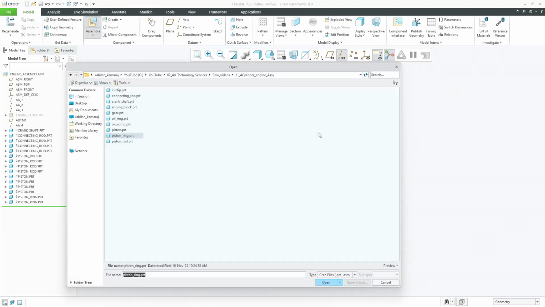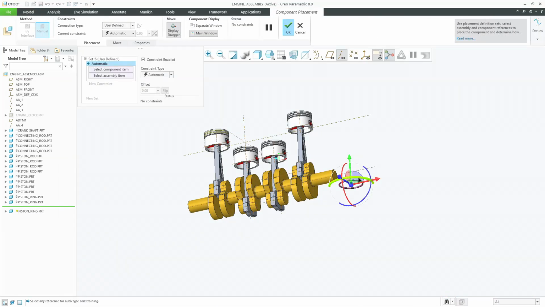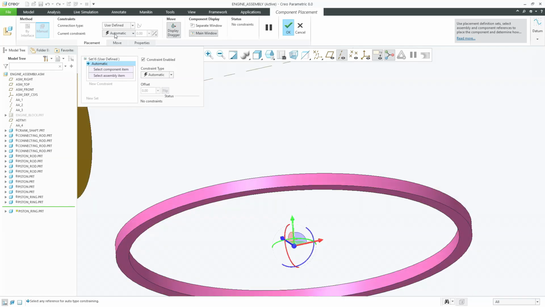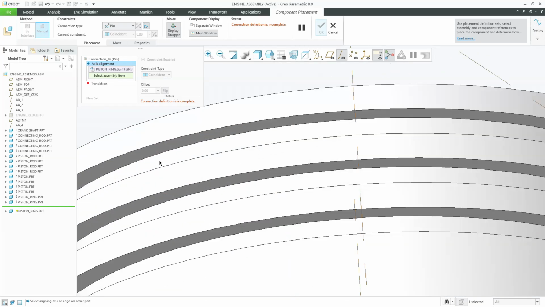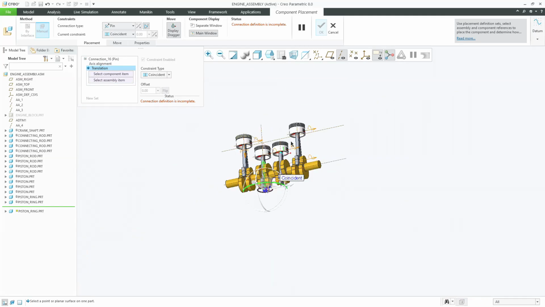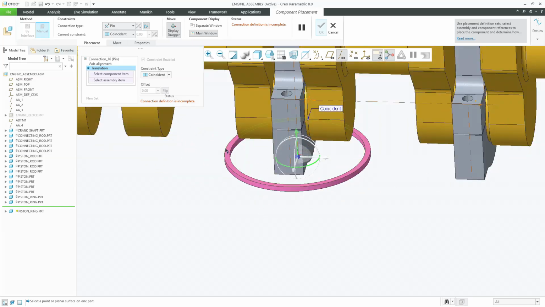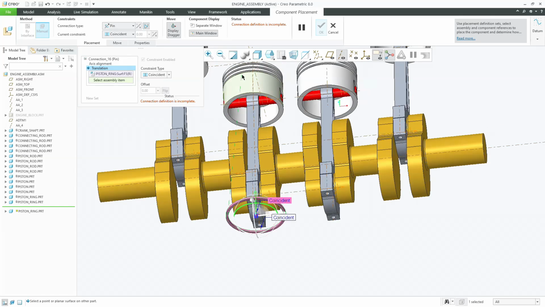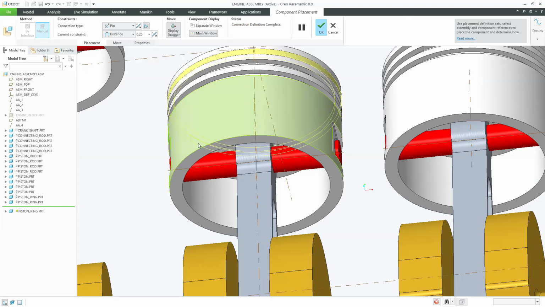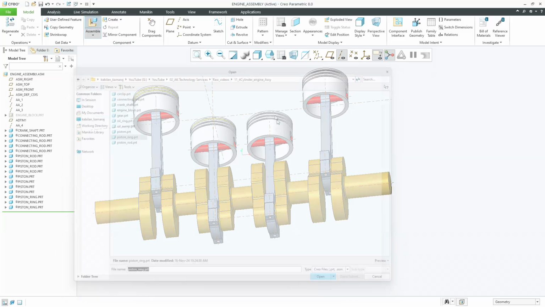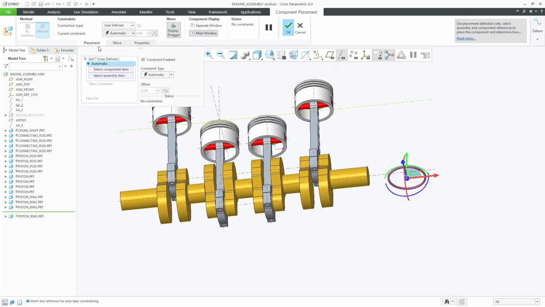So for the first piston it is done. Next, second piston. For the second piston also, I'm going to select pin connection, and for the translation motion, I'm selecting the surface to surface with the distance of 0.25. So once again, piston ring with pin connection